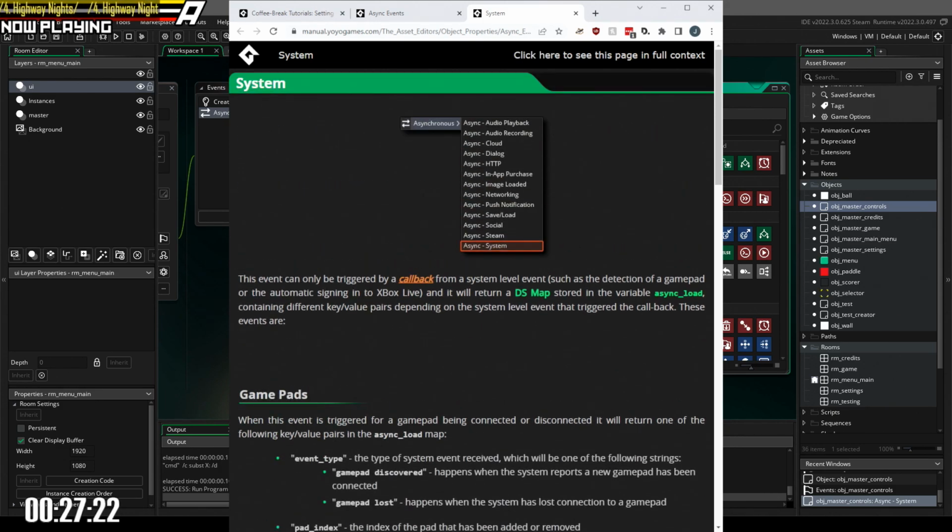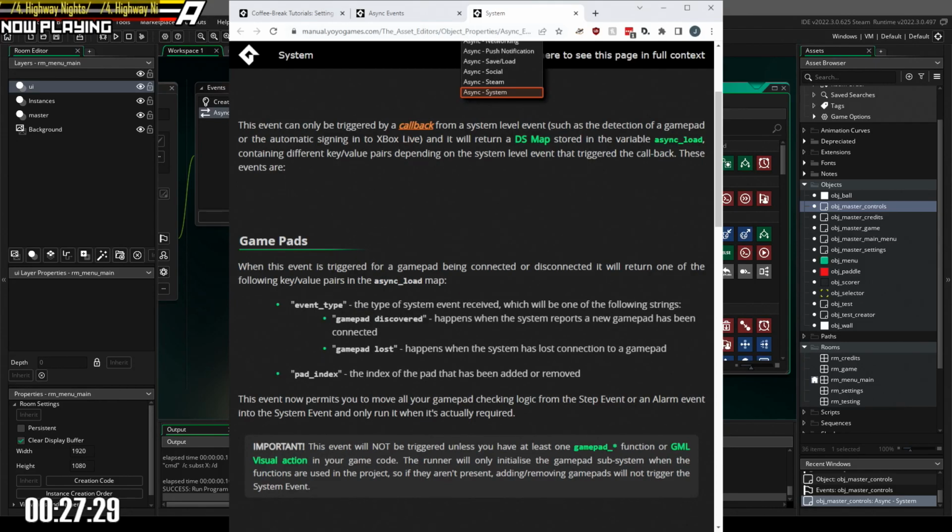So, on async system, when the async system event happens, it'll give you gamepad event type gamepad discovered, which means there's a new gamepad that's been connected, or gamepad lost, which means it's been disconnected. And it'll tell you the pad index. So what in that case I could do is I could